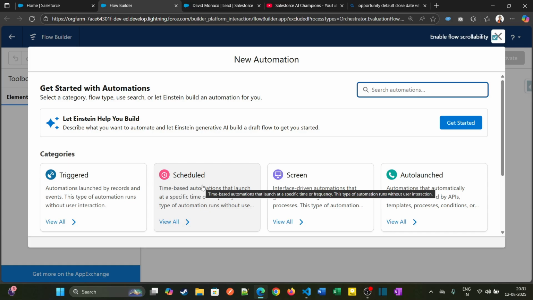Today I'll be talking about another use case of the fast field updates in the record-triggered flow